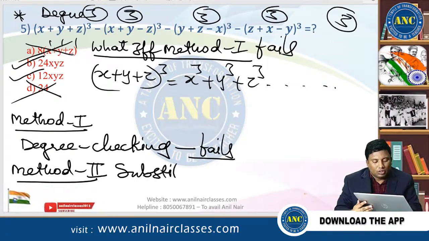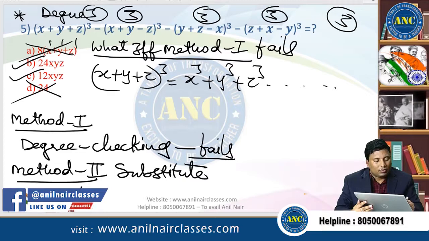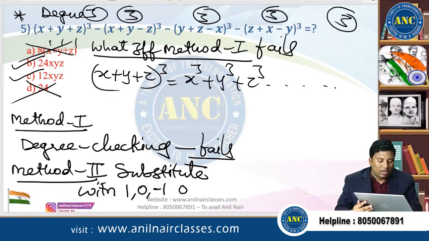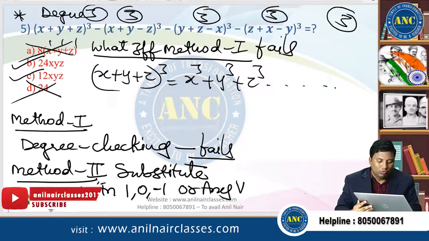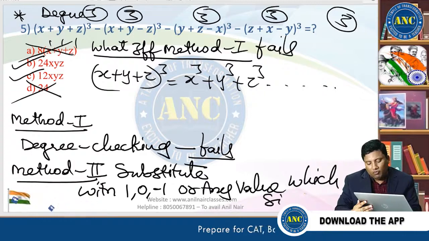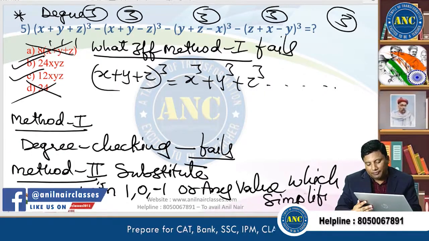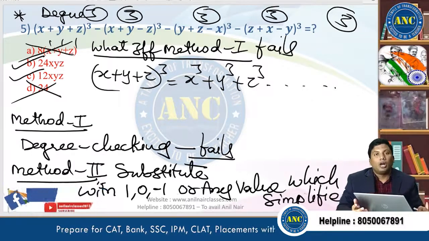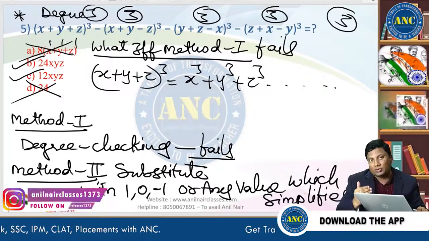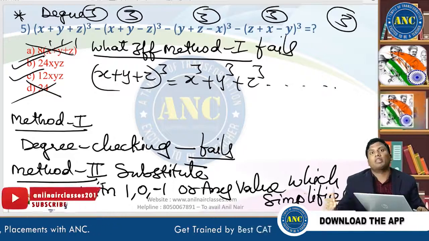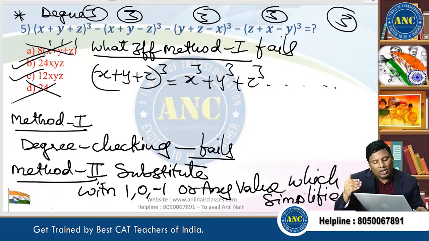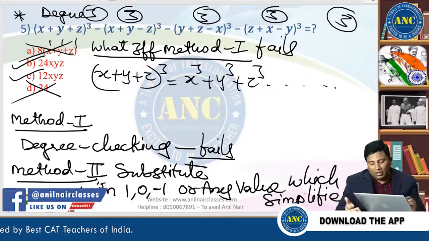substitute with 1, 0, minus 1 or any value which simplifies the problem. Any value which simplifies the problem. Are you all with me? If method 1 is helping you to eliminate answer options, good enough, but that is not the best one. So in method 2, what you will do is substitute 1, 0 or minus 1 or any value which simplifies